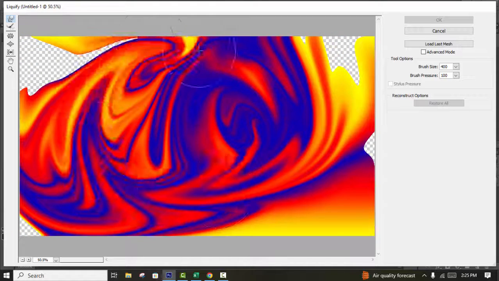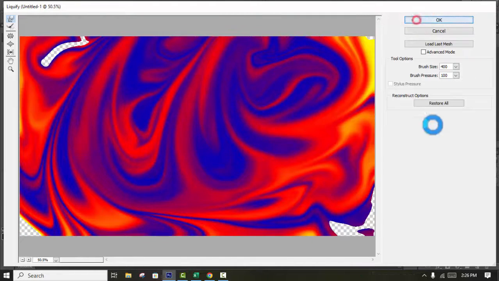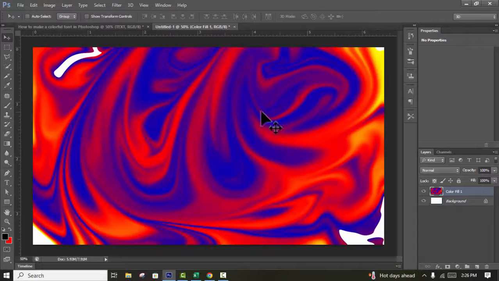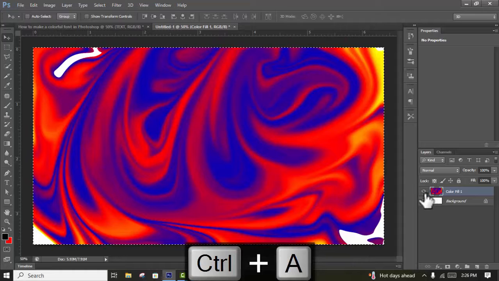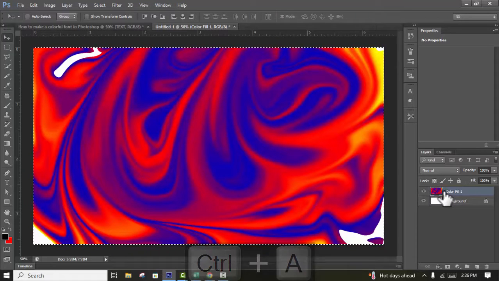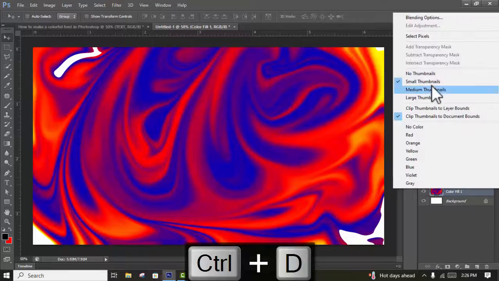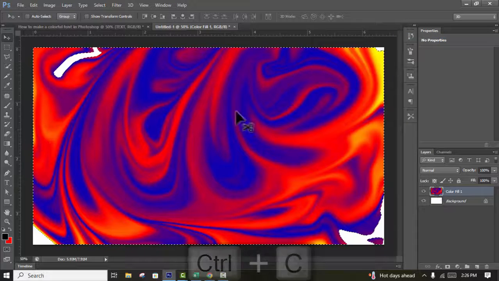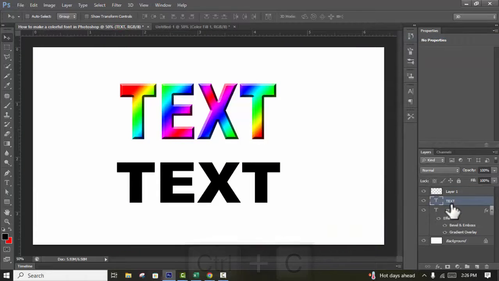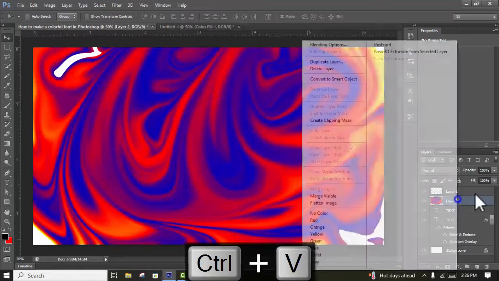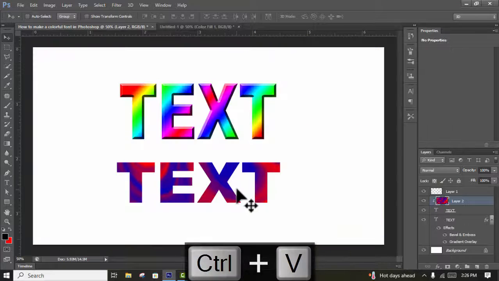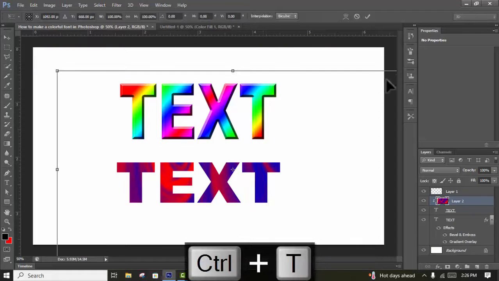and mix color, colorful. Okay, then press Ctrl A, press Ctrl, sorry, right click, select pixels, press Ctrl C, copy and press Ctrl V, paste, right click, create a clipping mask, press Ctrl T again,